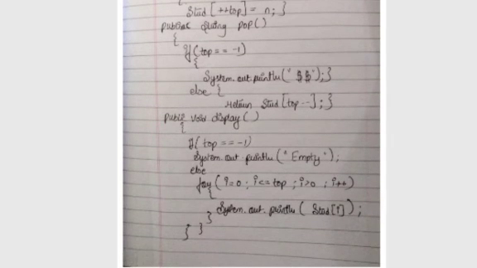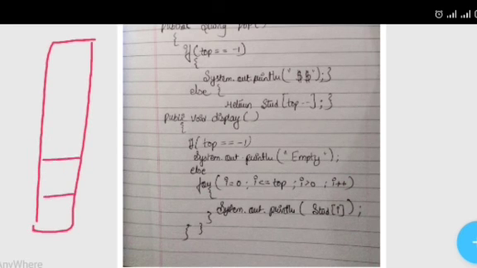now the last comes public void display. This was the logic for pop. Now let's go to display. Public void display. If top is equals to -1, then system.out.println empty, means the stack is empty. And else, otherwise, for i is equals to 0, what is i? i is the position,